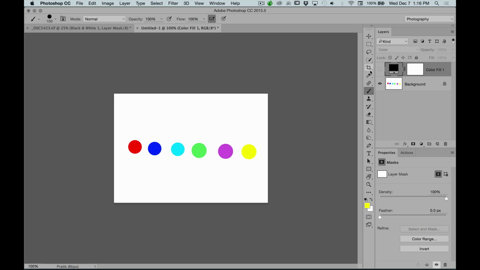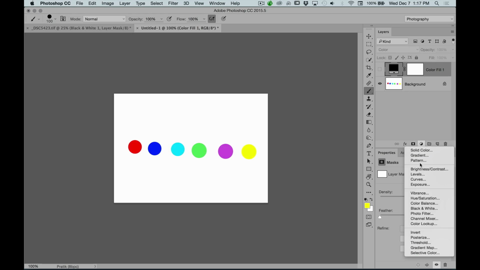When I learned this and first was taught this concept, I was really blown away, and I saw a lot of people start using this a lot more, and by no means do I ever take credit for finding this out, but discovering this was something that changed my workflow quite a bit. And I think it's important to talk about this because a lot of people still use the black and white